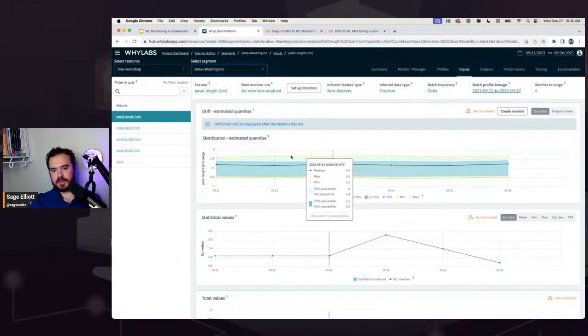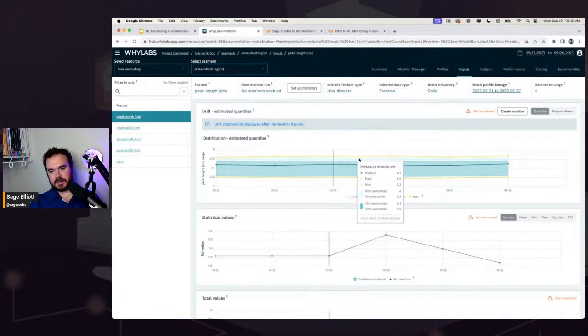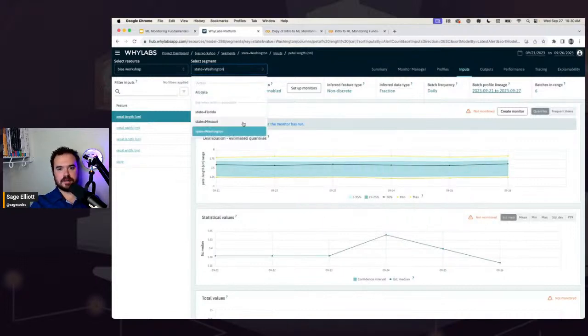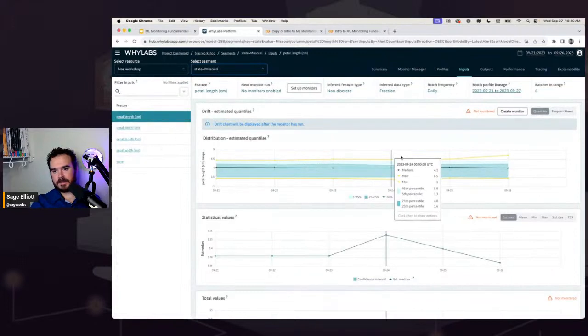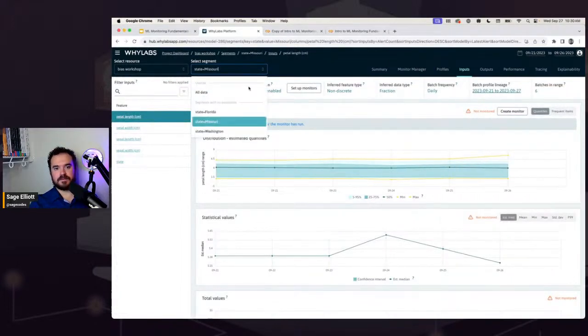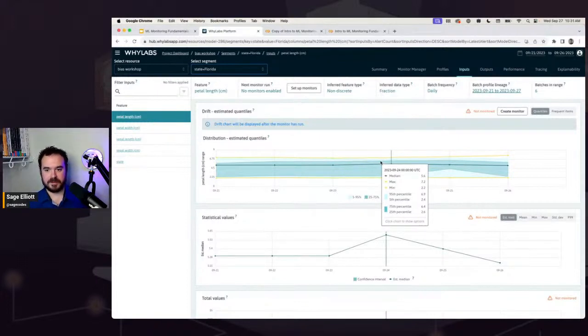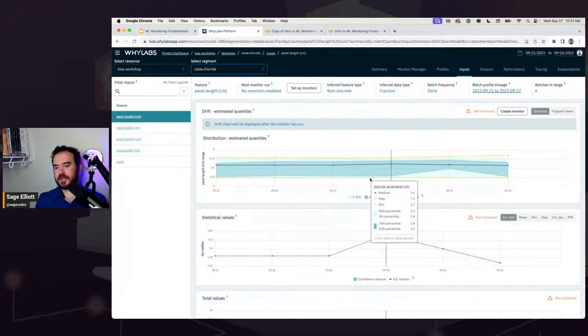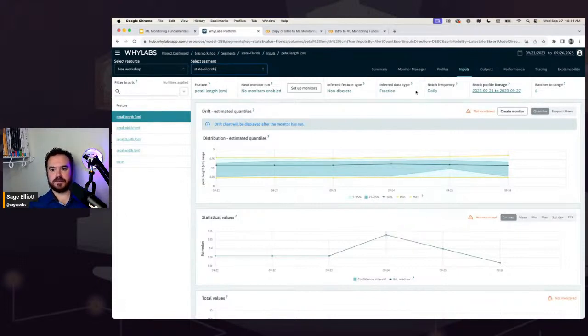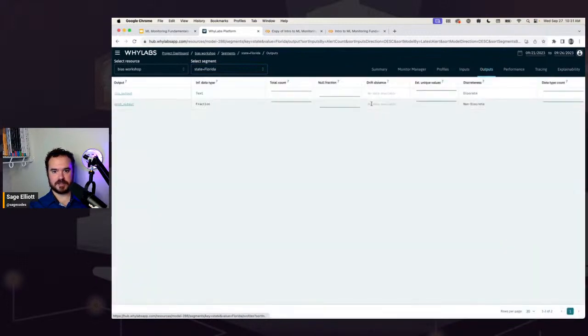So now I could actually eyeball this and see, right, the median is 4.3 to 5 basically on Washington. Missouri, I can look, it's about the same. Florida, I can look, and Florida is actually quite a bit higher. So the value here is 5 something, almost a whole digit higher, which could matter: if our whole model was trained on that 4.3 and had never seen these higher values before, chances are it's not going to be making as good predictions. And if we went over to our output tab,